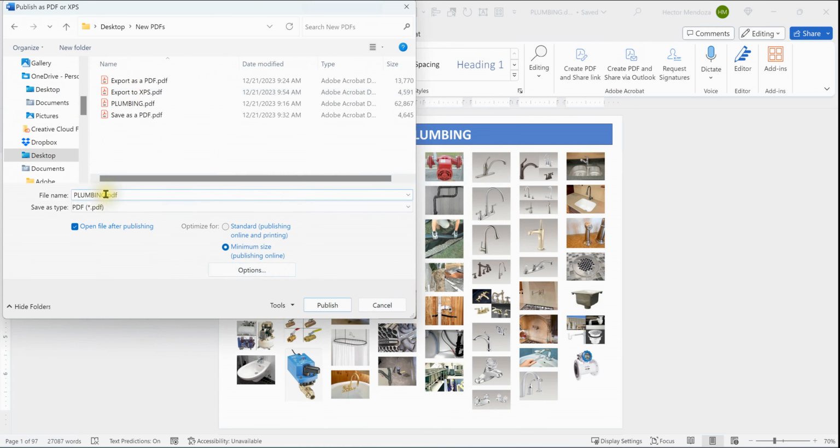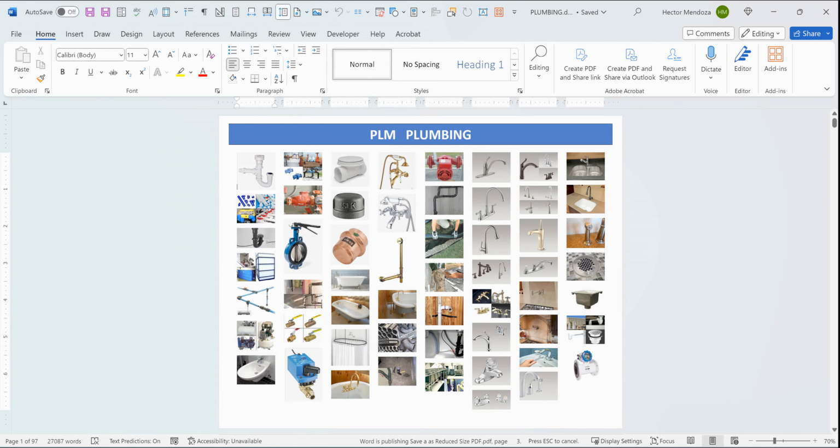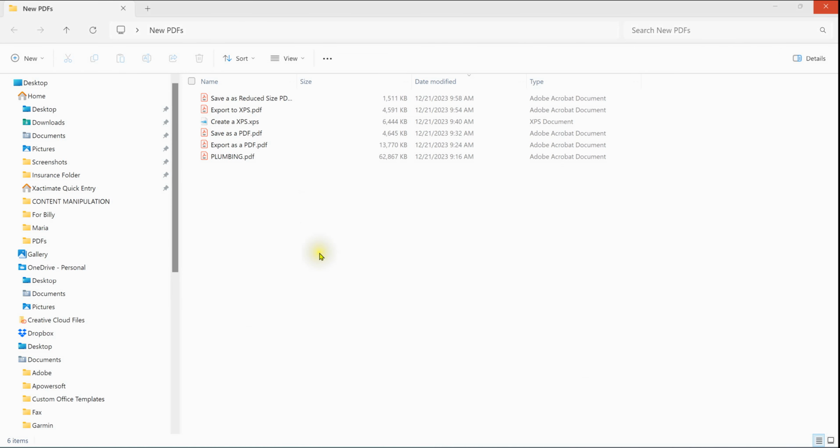So I'm going to save this as a reduced size PDF, and let's go ahead and publish. So you can see that this is the smallest of all the PDFs, and when you open it up,